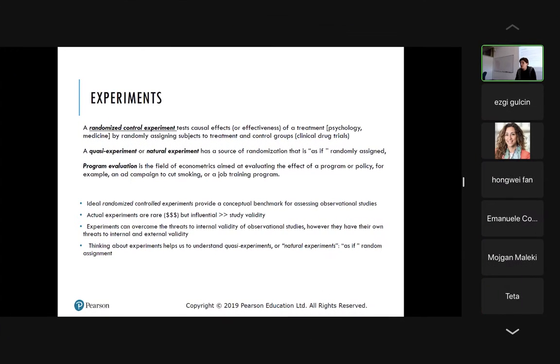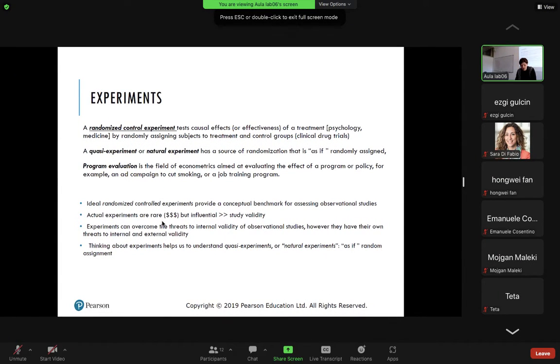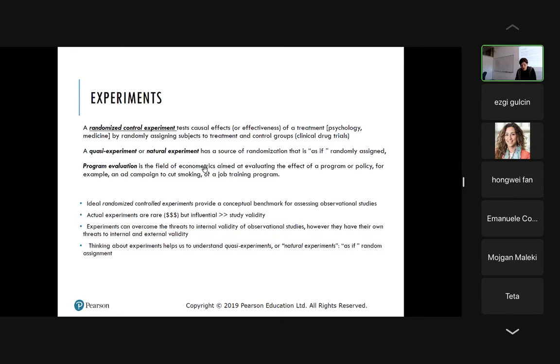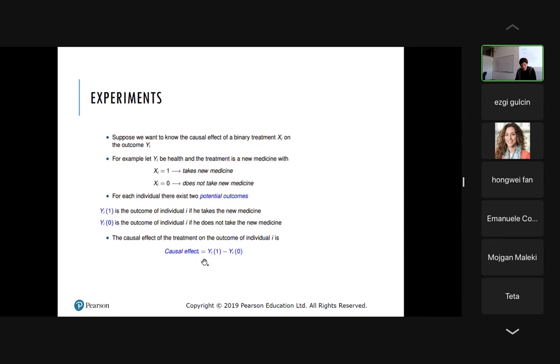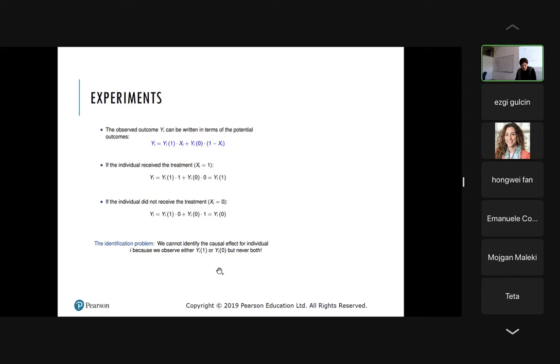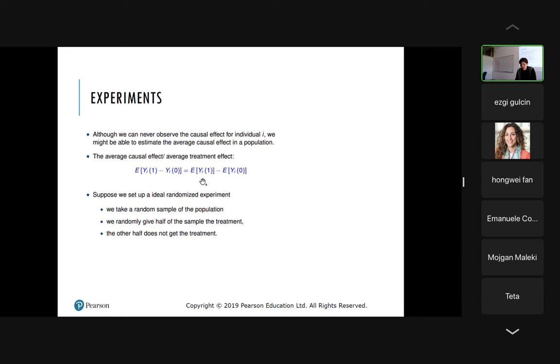We talked about experiments. We also introduced the idea of the difference in difference estimators. So basically, just to go through what we learned, we defined a randomized control experiment. The idea is that we make the treatment uncorrelated to the residuals. And if the design of the experiment is good enough, then we are able to get unbiased and consistent estimators for the causal effect, which is defined as the difference in the conditional means of the outcome variable when